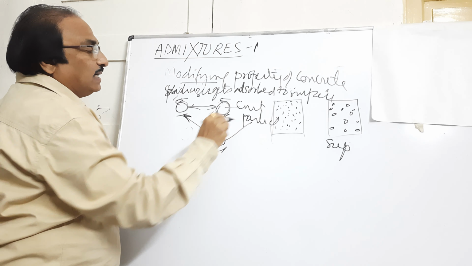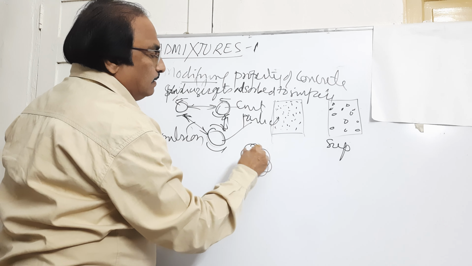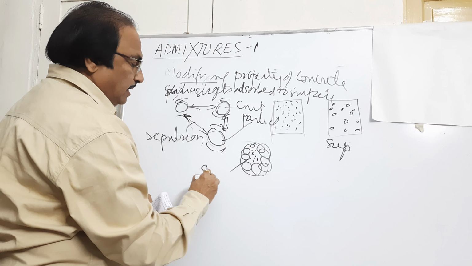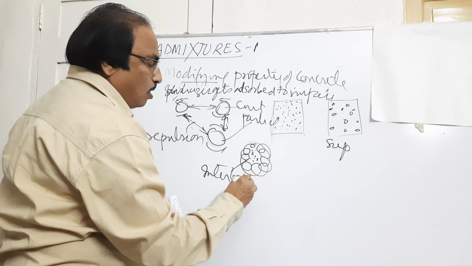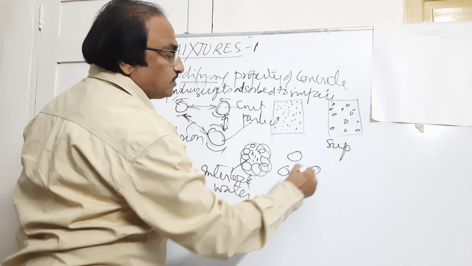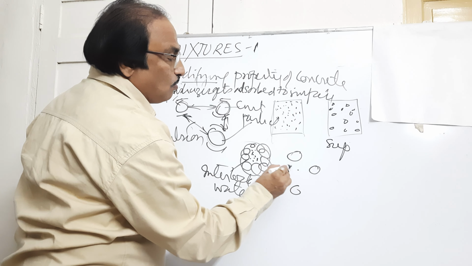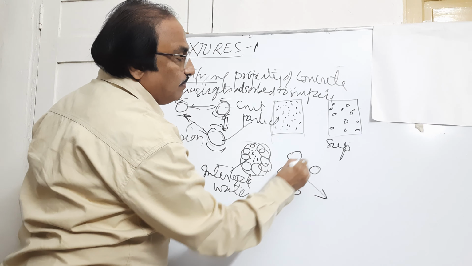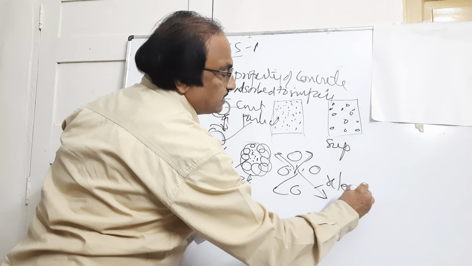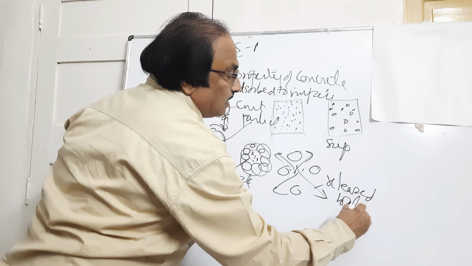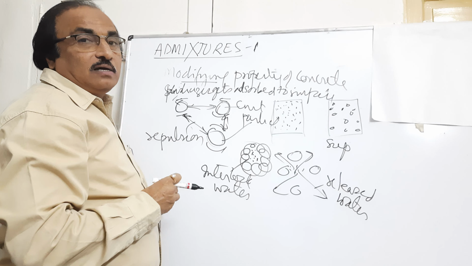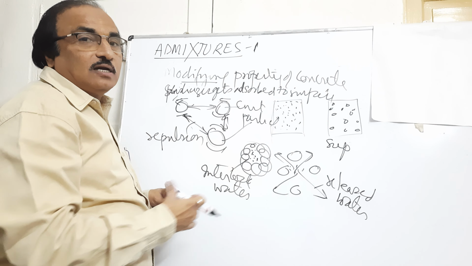Now here suppose I take a cement particle, it has got water interlocked in between. So when we add superplasticizer, they are getting dispersed out. So what is happening? The water that is enclosed will be released. This is released water, and this released water is the one which will be imparting more water to the concrete so that it becomes